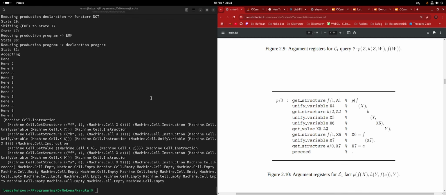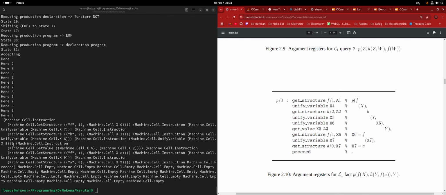Then we have another get structure, h2 x1, correct. Unify variable x6, then unify variable x8. Man, we need to keep track of the mapping of the numbers.